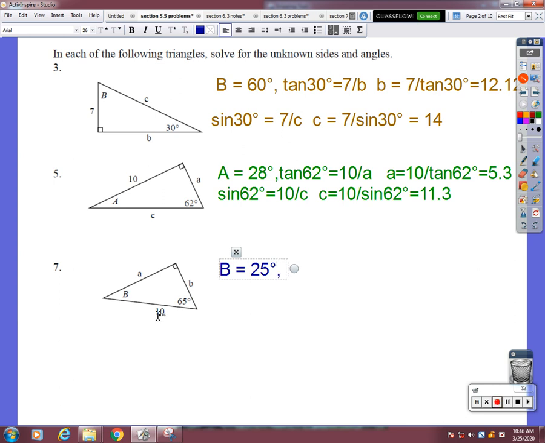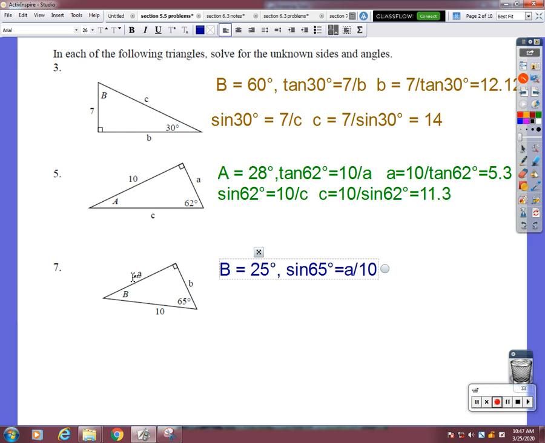Then I'm going to find my missing sides. So again, I'm going to use the 65 degree angle here to start. Let's find side A. That's the opposite. This is the hypotenuse. That's sine. So sine of 65 degrees is equal to the opposite side